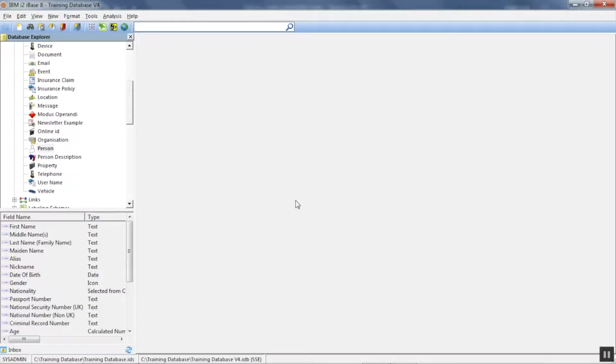Generally, when you are working in iBase and you create a new record or view an existing record, the order of the fields is the order of them in iBase Designer. As an example, I'm in iBase now. I'm going to go and find a person,